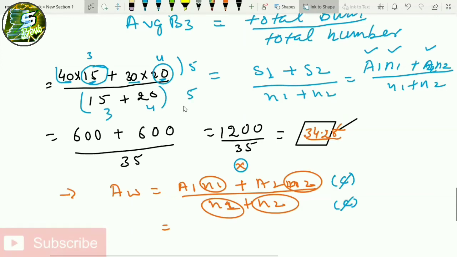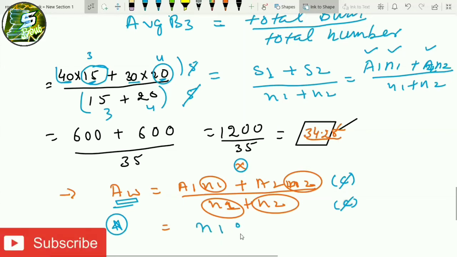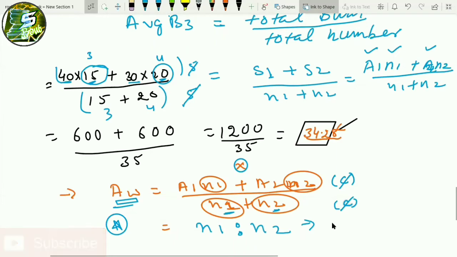Since you know that this common will always cancel out each other, whenever we are finding weightage average, always keep this as a note. Make a note in your book that whenever you're using this formula, always take common, or in other words, take the ratio of it and write the smaller form. Ratio of which thing? The numbers, N1 and N2. Take the ratio of the numbers. What is the ratio of my numbers, my friend? The ratio of 15 and 20 is